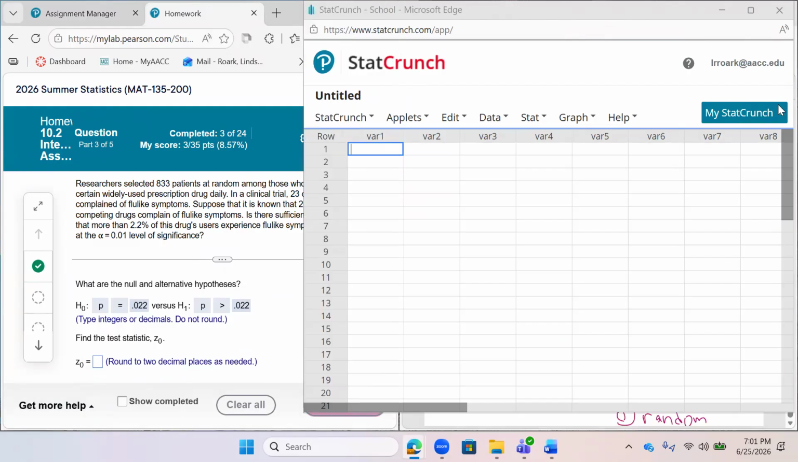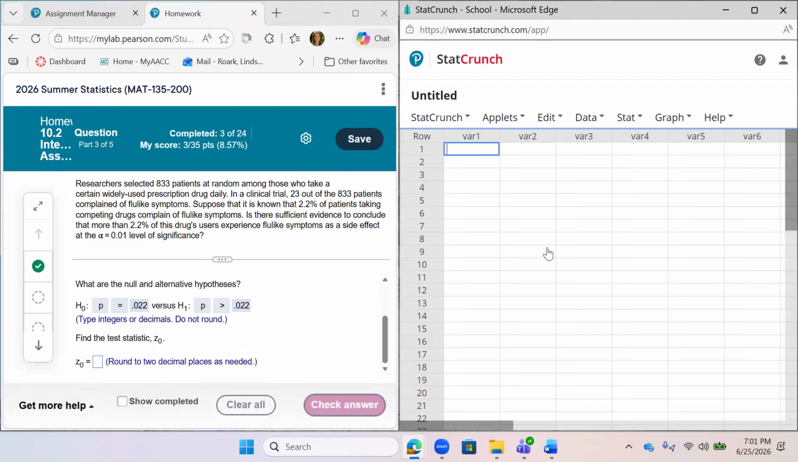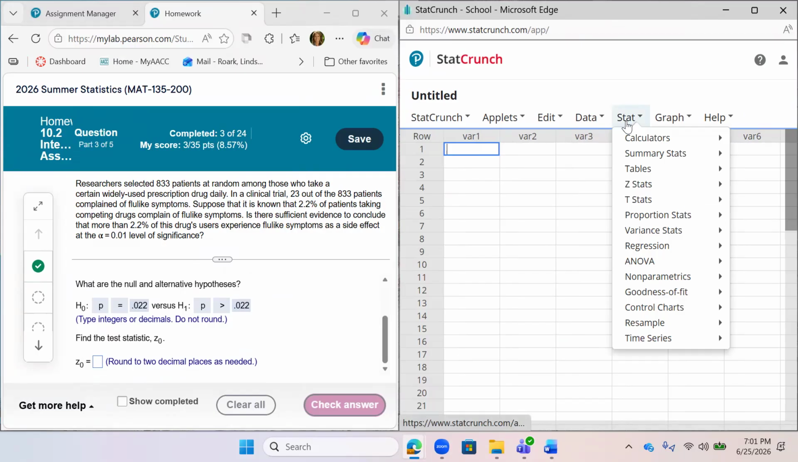Okay, so here we are. And it's really the same steps as what we did in chapter 9. If it's a proportion, we go Stat, Proportion, Stat. If it's a means question, like it's going to happen in 10.3, we do Stat, T Stat. We actually never need to do z-stats for anything. If you continue into studying statistics, there is a slight